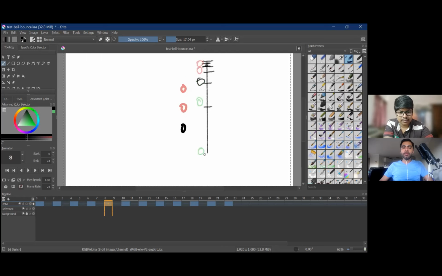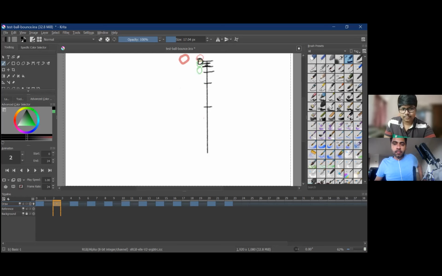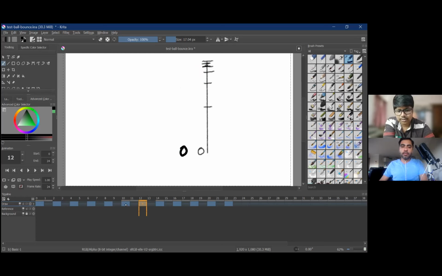I think this example is not right. One second, I'll just undo it. Okay, starting is here, then ending is here, and we have 1, 2, 3, 4, 5 frames in between. So something like this.